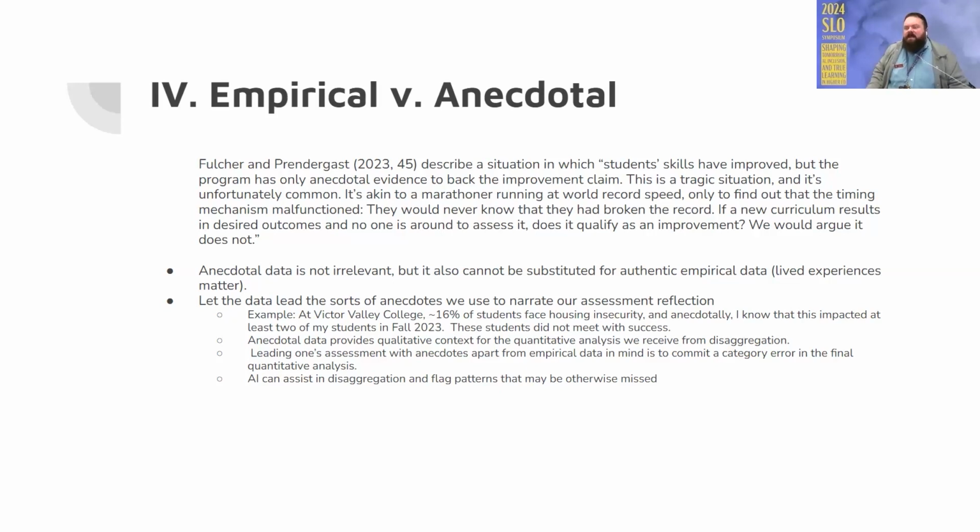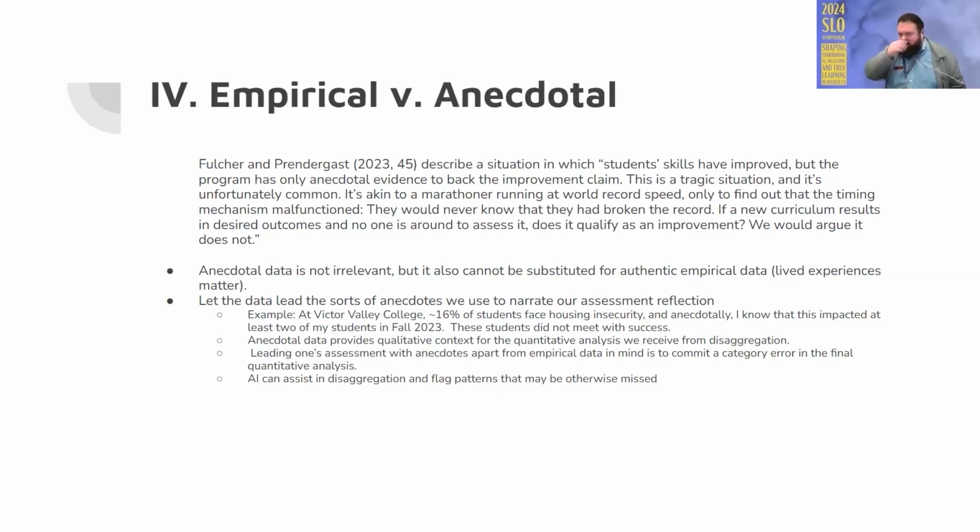And I did pilot this past summer, disaggregating some of our data with the assistance of AI. I used GPT-4 to put in some of the data sets I was getting. Of course, you can't trust GPT to do everything perfectly. But again, with the human and the machine working together, you can gain new insights. I was able to gain new insights and present them to the committee around patterns that I might have otherwise missed. So that was an interesting finding for me.